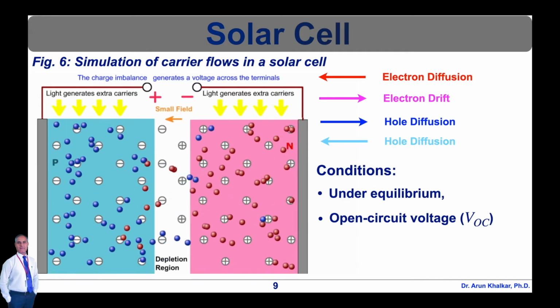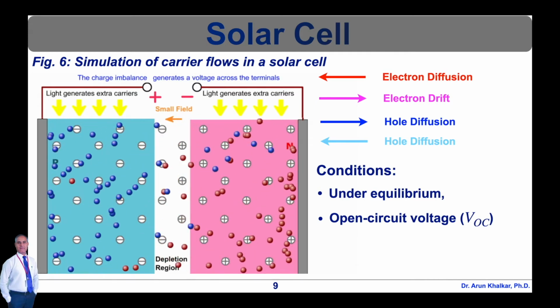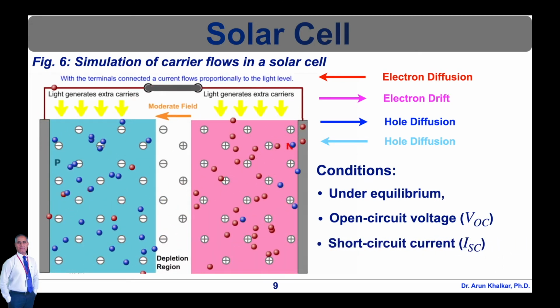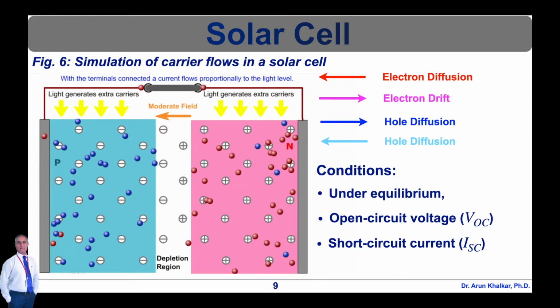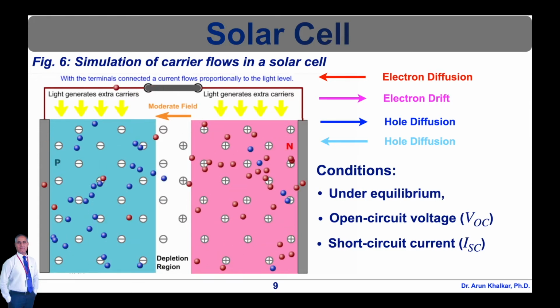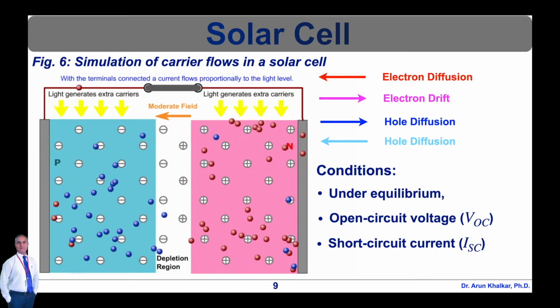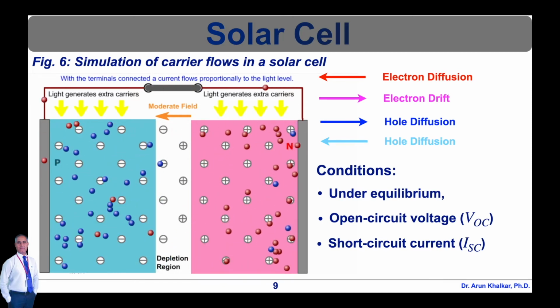The current from the solar cell is the difference between IL, where I stands for current and L for load, and the forward bias current. Under open circuit conditions, the forward bias of the junction increases to a point where the light generated current is exactly balanced by the forward bias diffusion current and the net current is zero.